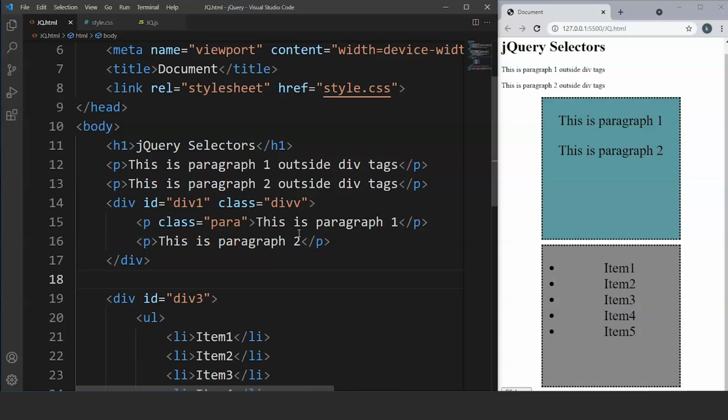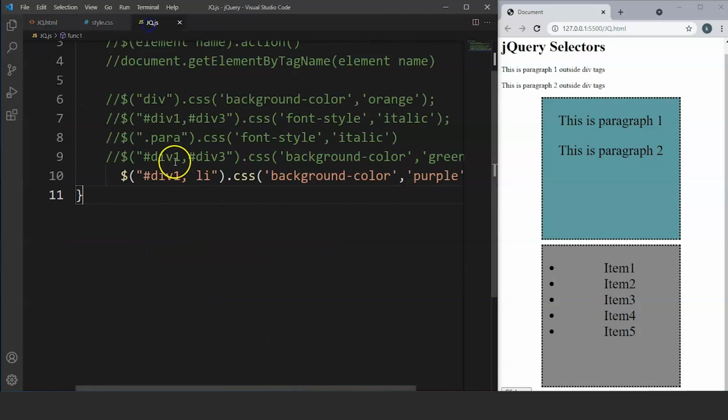So what we can do here is we can write here. We'll move to our JavaScript file and we'll write here $, and inside this we'll write div greater than sign and we'll write here p. Now we are going to use here fade toggle.